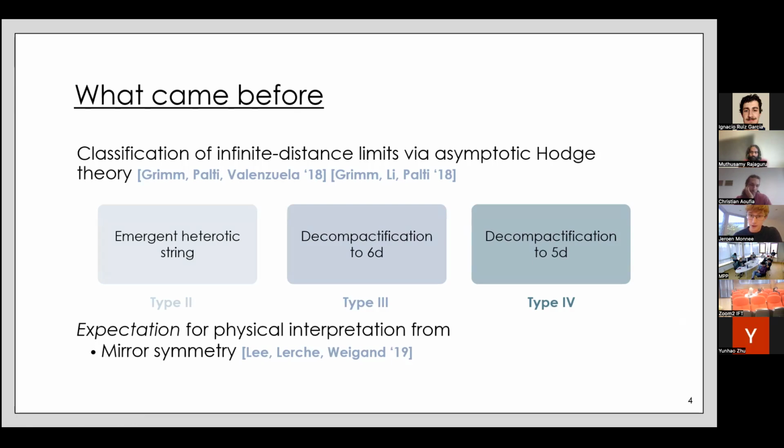But it is not at all obvious whether this interpretation also holds when you move away from the large complex structure regime. There are some hints from a purely EFT point of view that this might be the case, using these EFT string probes introduced in these papers. But I think it's fair to say that at least before our work, there was no intrinsic type IIB reason why this should be the emerging duality frames.